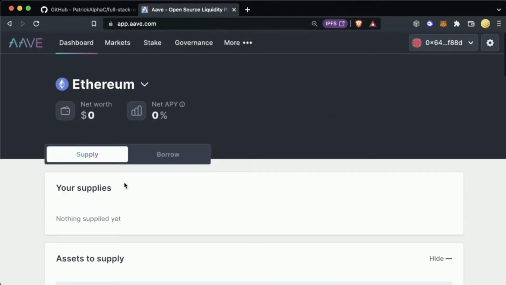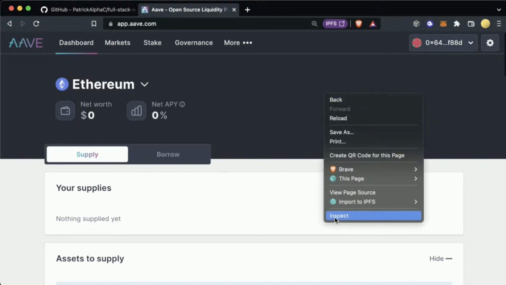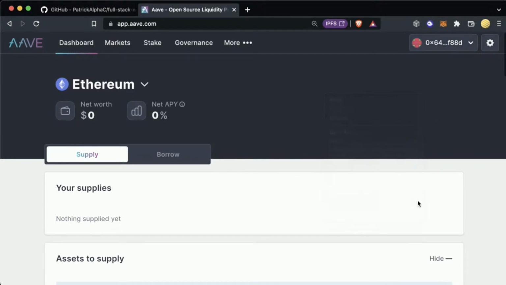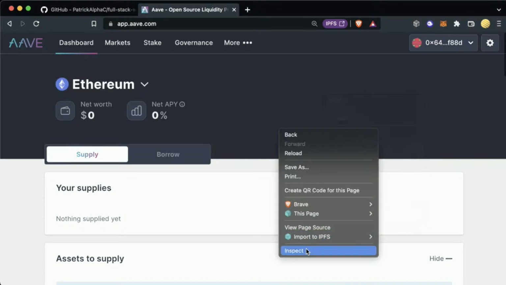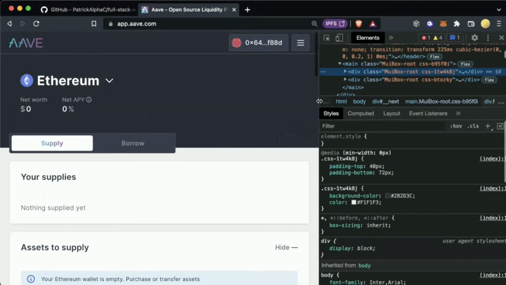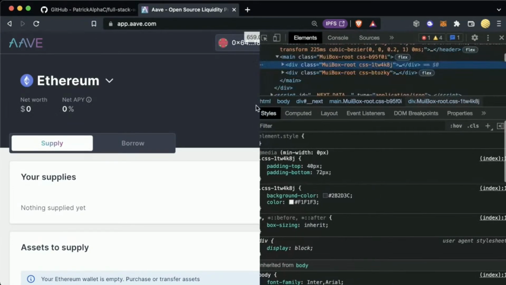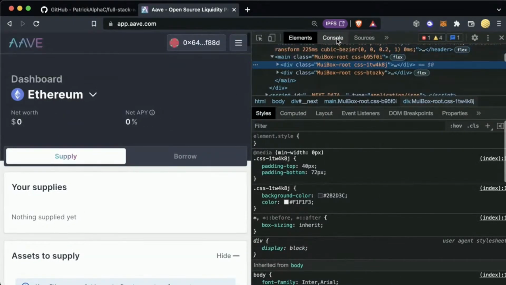Well, the first thing to understand about all this is that when we have MetaMask or Solana inside our browser, a new special variable is injected into our websites. If I right click and hit inspect on any website that I have MetaMask and Solana installed on, I go over to console.